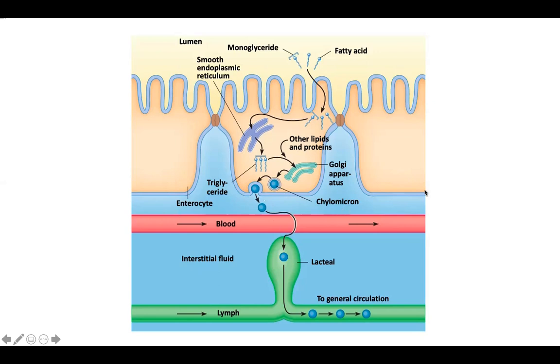Okay, so this is how we absorb fats, right? Really important to understand fats don't need any transporters or any energy to get into the cell or to get across the basolateral surface. Also important to understand that fats must be packaged as chylomicrons, and then they enter the lacteal, which is that central structure that I would have showed you in the middle of the villi, and then they can go to the lymphatic circulation and then head to the general